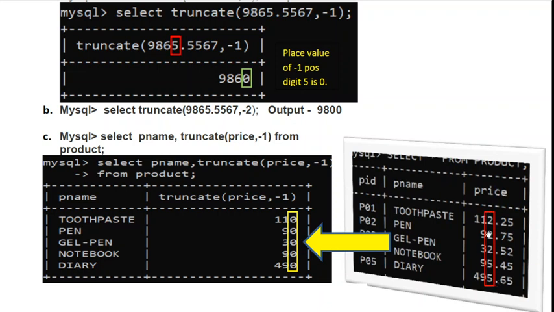All these digits will be truncated and it returns like this by truncating the digit. So it is 112.25, 110.25. And second one, it is 92.75, so it is 90. So the specified digit is replaced by 0.